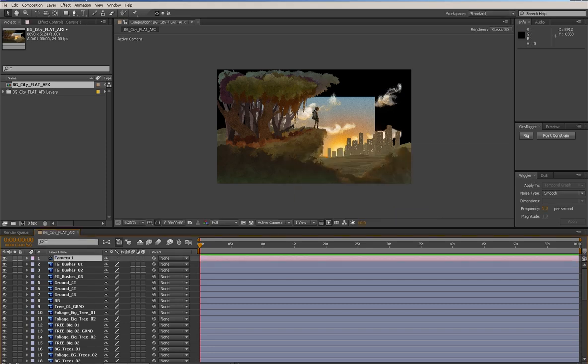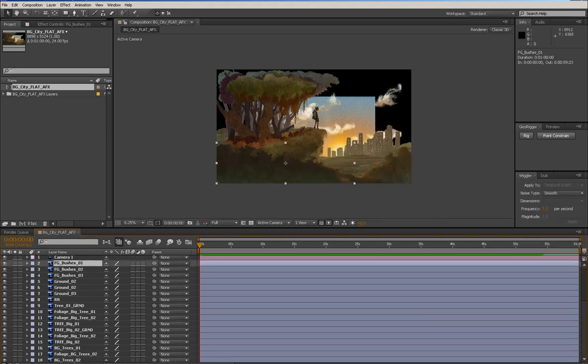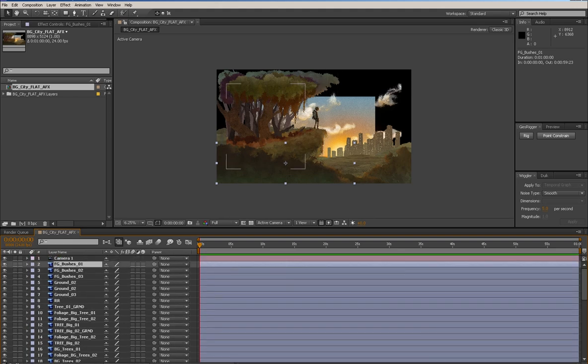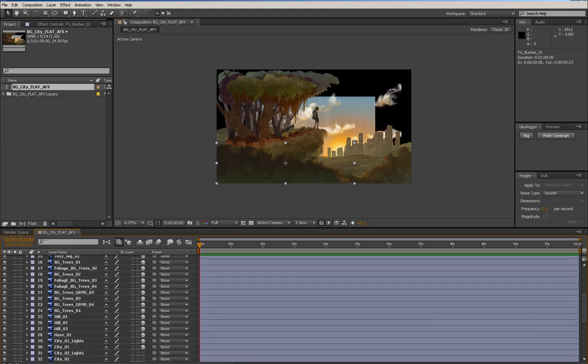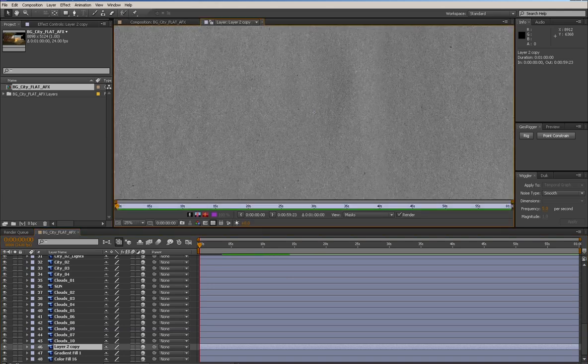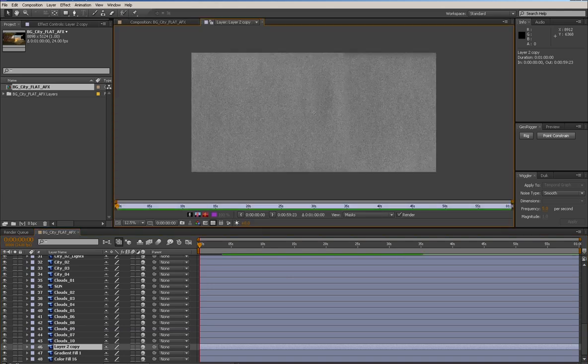Okay, so it tells us we have a problem because we have no 3D layers. So I can essentially just go through here and enable every one of these 3D layers. Now what we can also start doing is color coding as we go through. Oh, it looks like I forgot to name a layer. Let's just double check what layer that is. I'm just double clicking on it and it should pull open. Okay, this is a paper texture layer, so I'm just going to call this paper texture, and that's for the